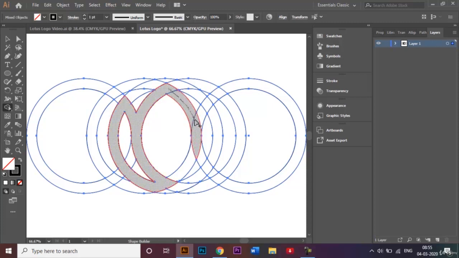I'll select this like that and carefully select, and along like that. Okay, so now what I'm going to do is, by using the same tool,